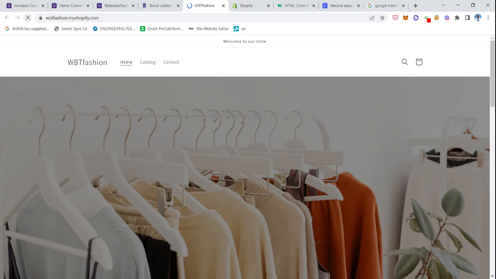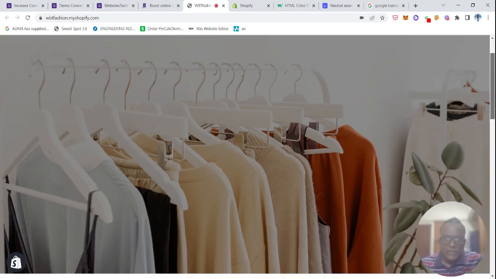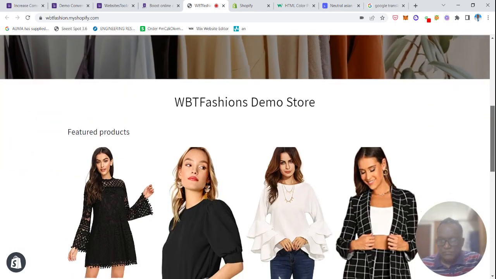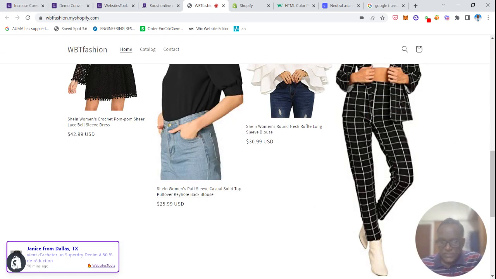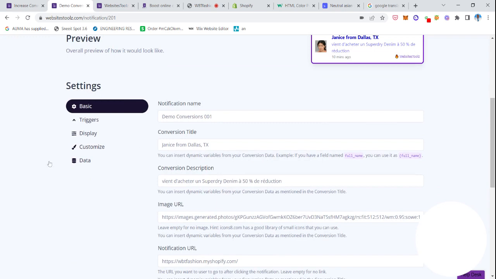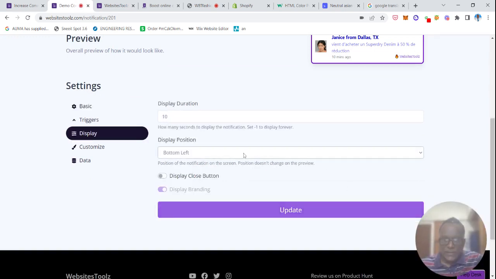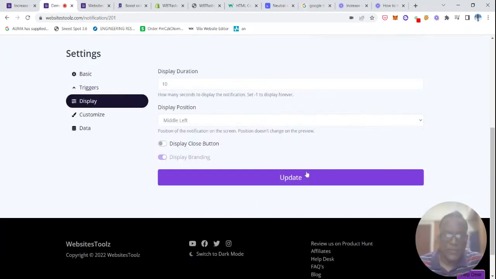If we refresh this page, yeah, there you go. Our pop-up is right there. This Shopify logo is coming in between, but you could change that by going back into your demo page, go to display, and just say one just in the bottom, let's say middle left, right? Click on. Okay, so now that we've saved the changes, let's go into our Shopify store